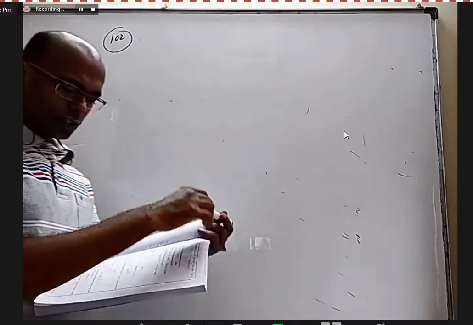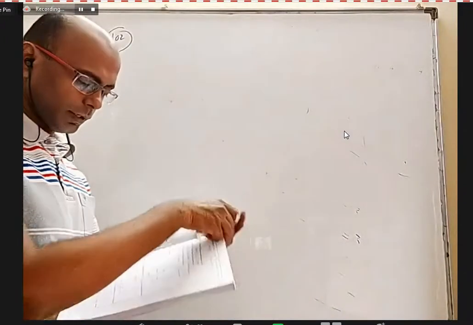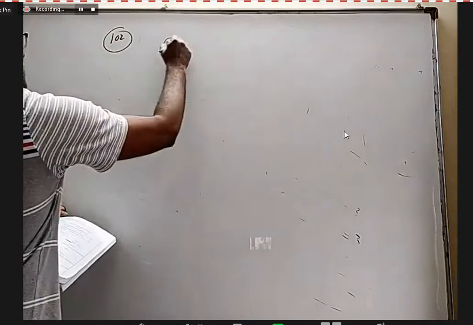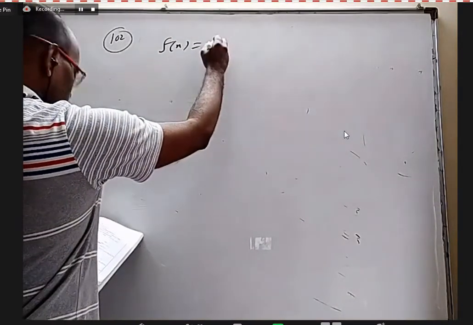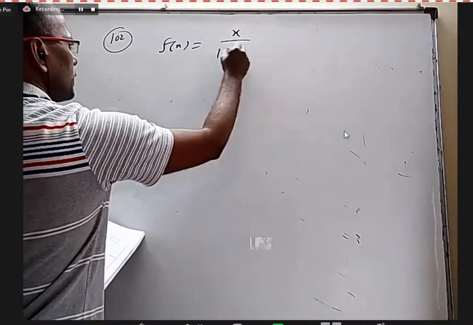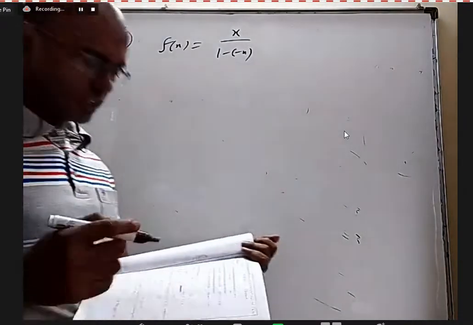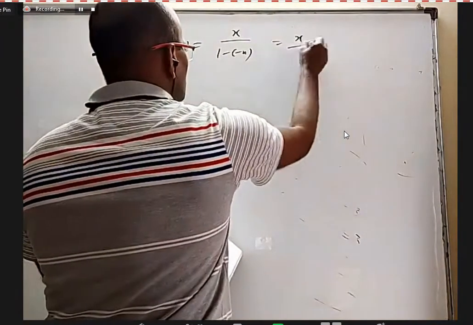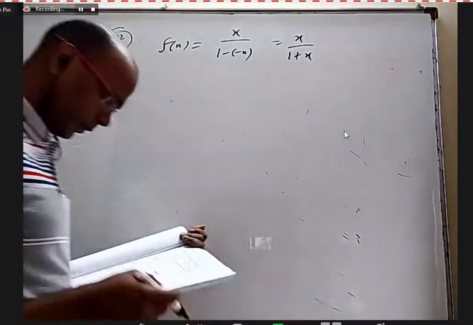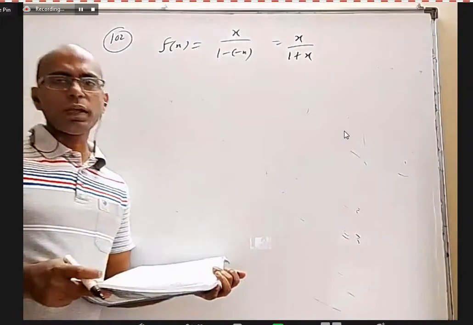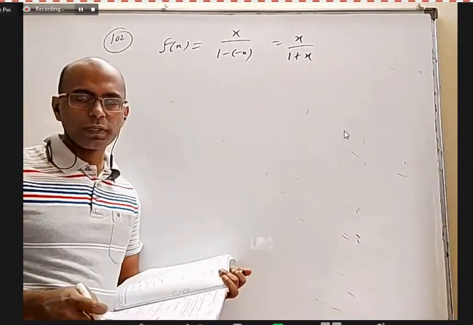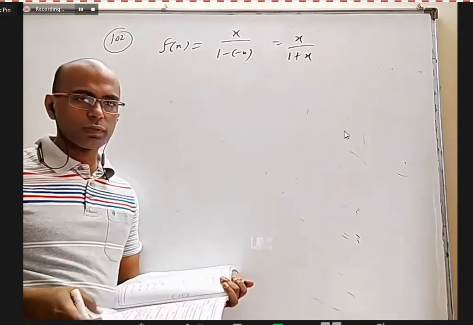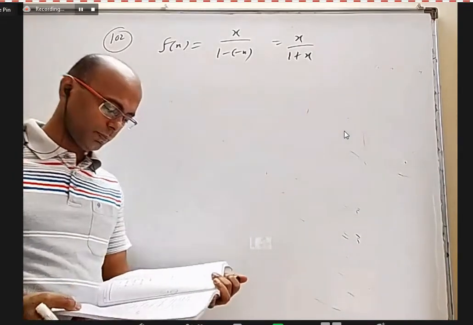It is a geometric progression. It is forever, right? So it's a geometric progression. F of x, you can write a by 1 minus r formula. It is x by 1 minus of minus x because this is a geometric progression with first term x and common ratio minus x, which is x by 1 plus x. Of course, I can use a by 1 minus r formula only when common ratio is between -1 to 1. And here anyway the domain is -1 to 1, so common ratio is -1 to 1, so fine. Otherwise we will not be able to use it.